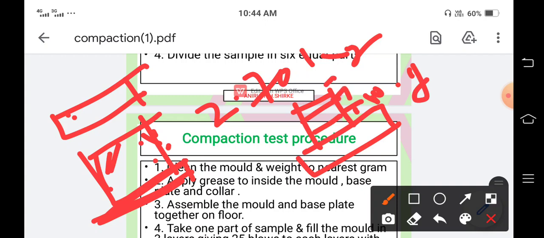While filling the first layer of 0.9 kg, we use a number of blows by the rammer, which has a free fall of